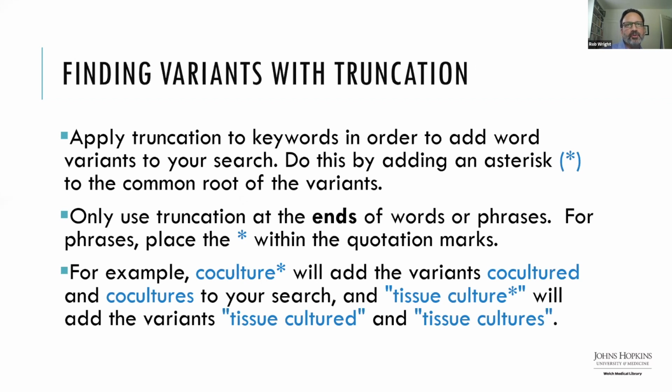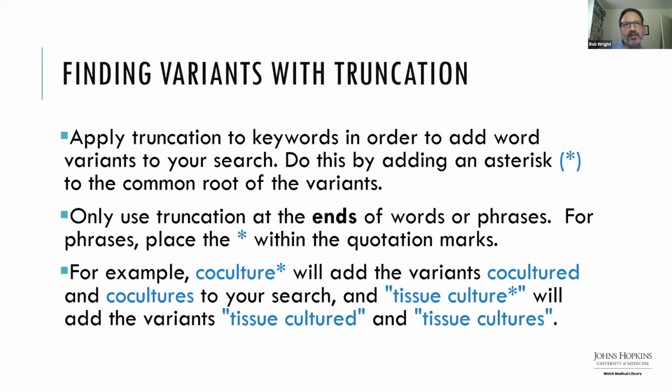And then truncation is really handy to find variants. It saves time. Sometimes your list of synonyms that go into your concepts can be quite long. So limiting your number of terms by using truncation can help you avoid errors, which can just naturally occur the more terms you add. So in the case of PubMed,